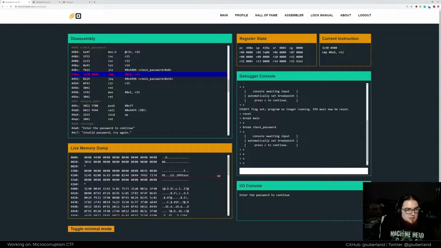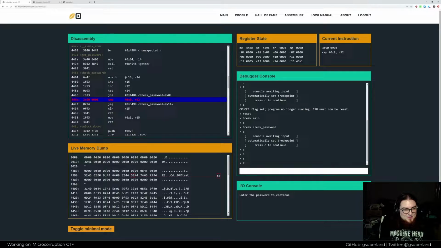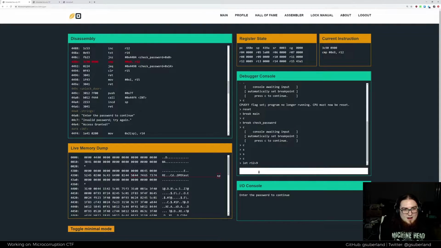And then of course what's happened is it's checking against 9, which it is not at the moment. And we can see that if it is equal to 9, it jumps to check password was 14, which is probably somewhere down here. Yeah, it'll be this bit here. And then here is the failure condition. So the whole thing that this password function actually does is just check to see if it's an 8-character password. So we can sort of cheat and just set R12 equals 9. And now R12 has been updated as 9, and if I hit continue,